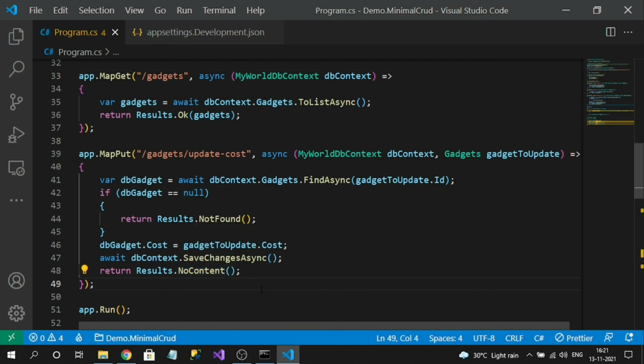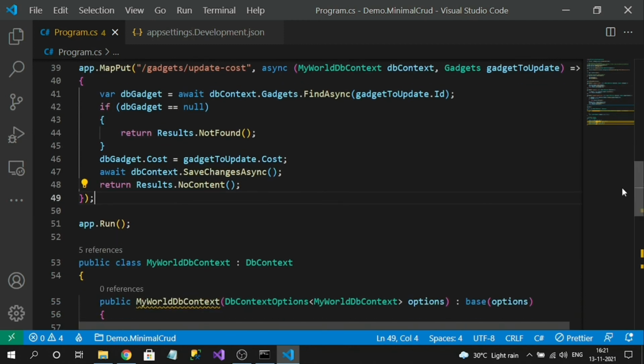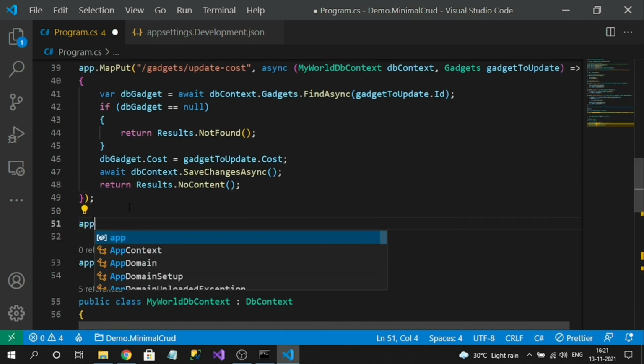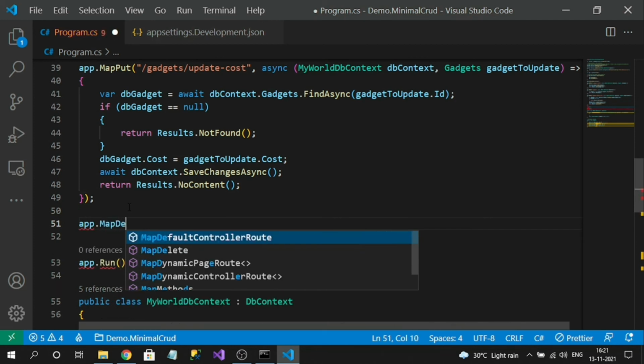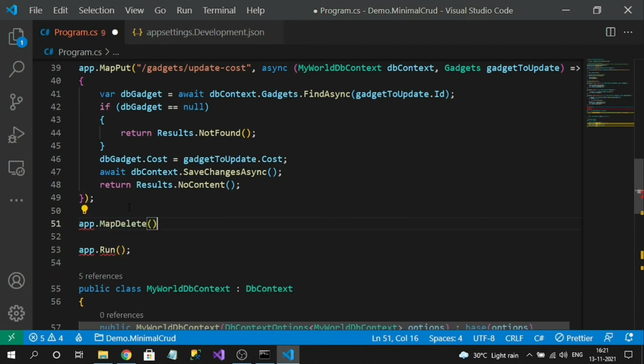Now let's do the final operation, that is delete. So for delete, app dot map delete, this will represent our HTTP delete request. So gadgets slash delete, and I want to pass some dynamic value in the URL. For that we open curly brackets and mention the URL part.